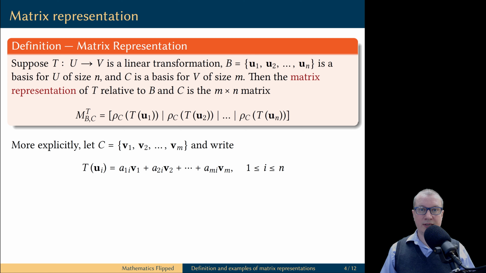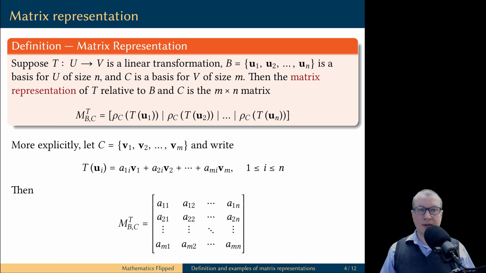They have two indices, and here is the pattern. The first index corresponds to the index of the basis vector in the basis C, while the second index corresponds to the index of the basis vector in the basis B. When you apply vector representation rho C, you simply take the scalars in each such representation and write them as columns. Therefore, this is what you'll get as a matrix representation.